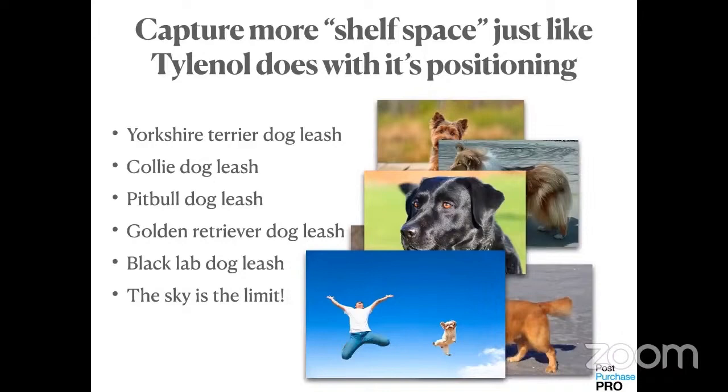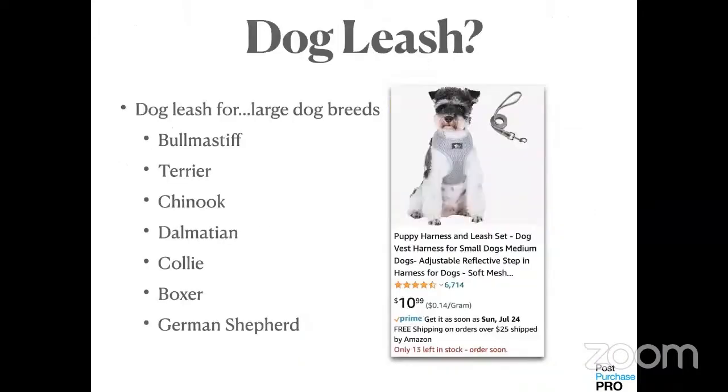But imagine your customer is scrolling through Amazon and they have a Pit Bull, and you're the only listing on the page that says dog leash for Pit Bull, and the only one with a picture of their dog. You can imagine how much better your click-through and conversion is going to be. And you can charge more, right? So you can have a dog leash listing for all of the breeds,